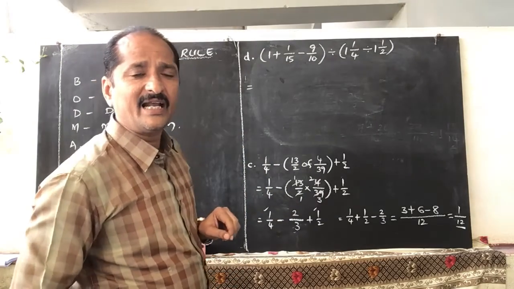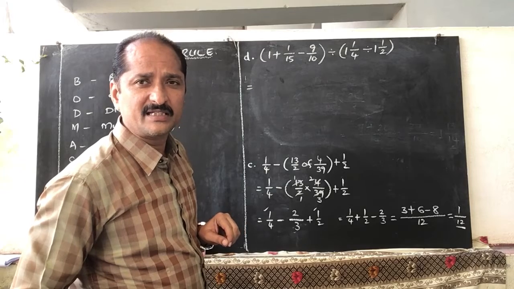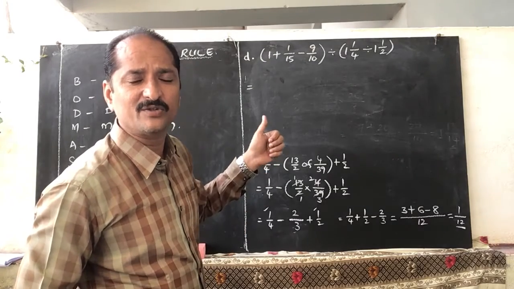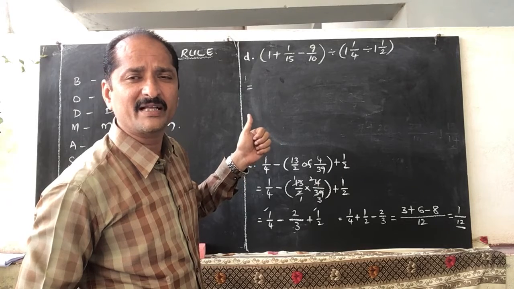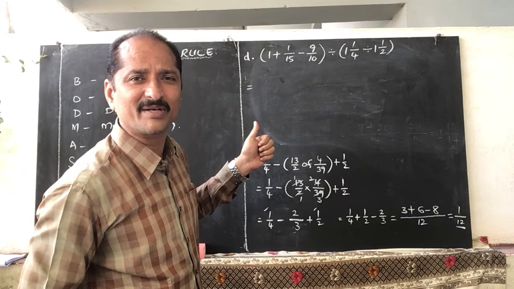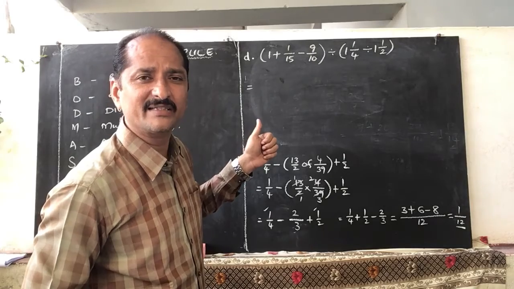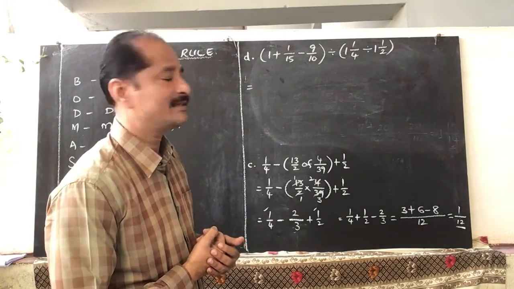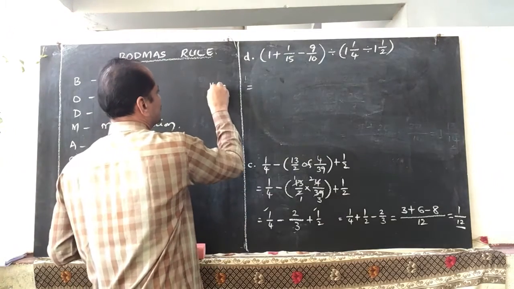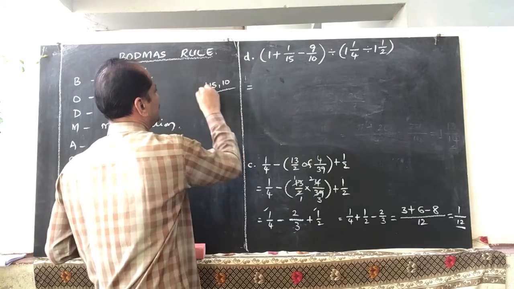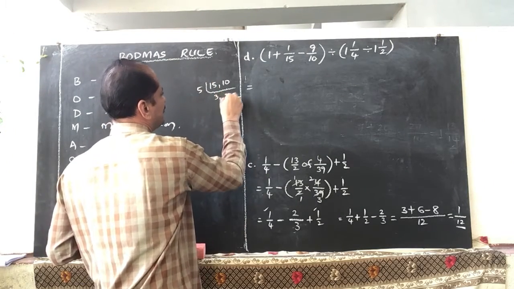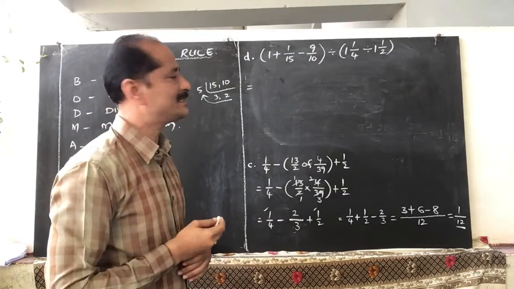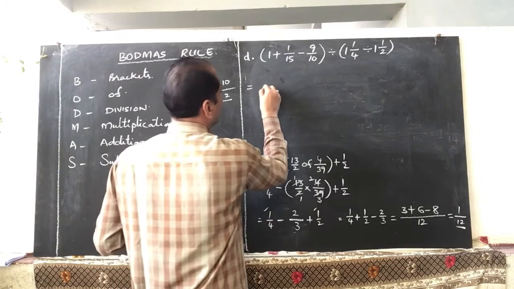For adding or subtraction of fractions, they should be like fractions, but these are not like, so we should make them like. For making them like, we should find out the LCM of the denominators. The denominators are 15 and 10. So LCM of 15 and 10: 5 is a common factor. 5 3s are 15, 5 2s are 10. So 3 2s are 6, 6 5s are 30. 30 is the LCM. So make each denominator equal to 30.